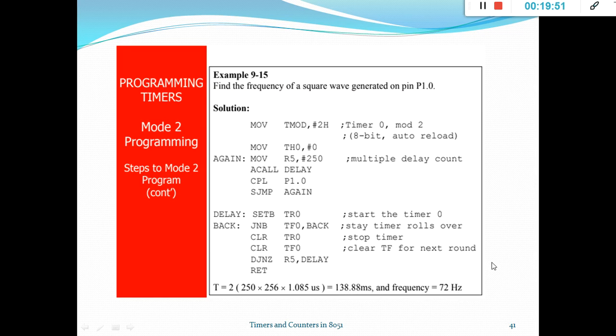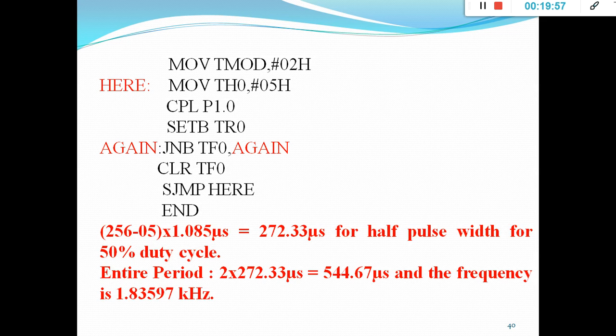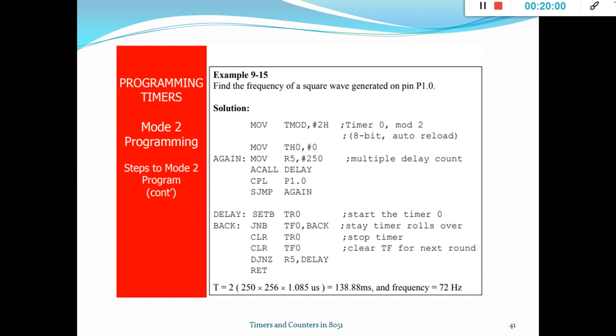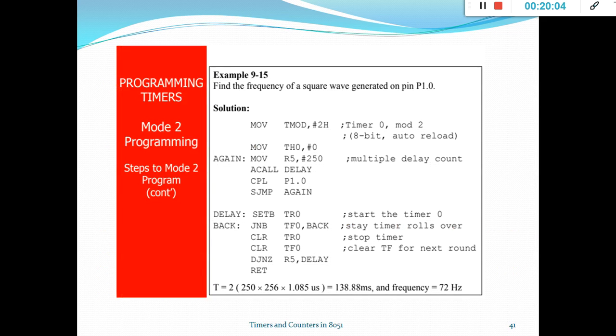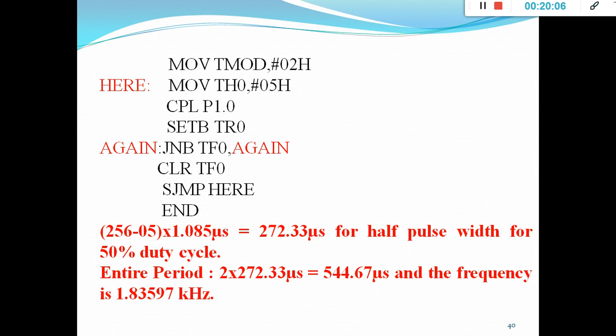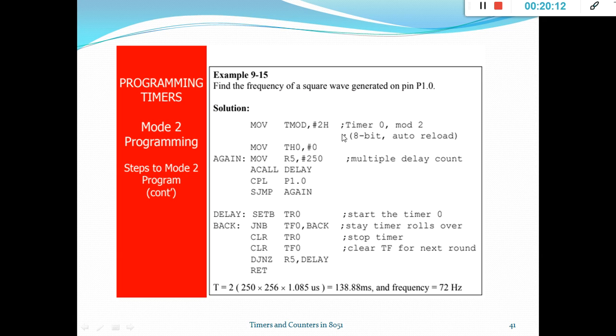Ultimately the frequency is going to decrease if you go for multiple time delay. If you see the previous one, the frequency is in kilohertz, so the frequency is going to increase. So this is a program where you do not use the multiple delay, and this is a program where you use the multiple delay count.